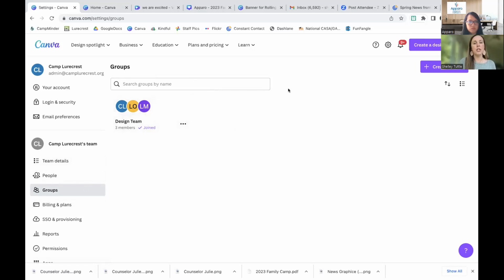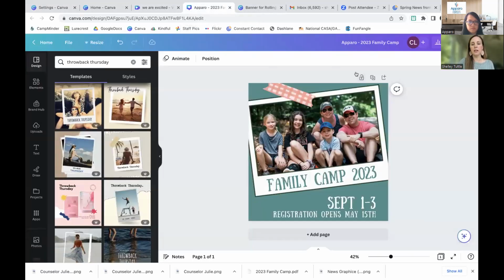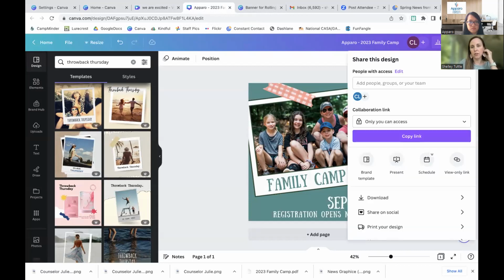And now I'm going to go into a design. I'm going to pull this design up here. And this is a design I've already created. And I'm going to show you how, once you're in a design, how you can share it amongst your team. If you click on share up here in the right-hand corner, you have